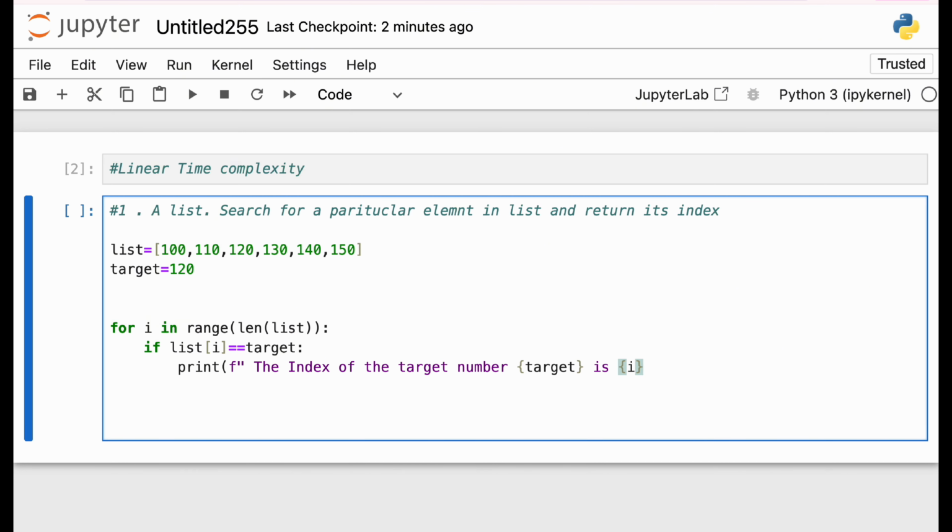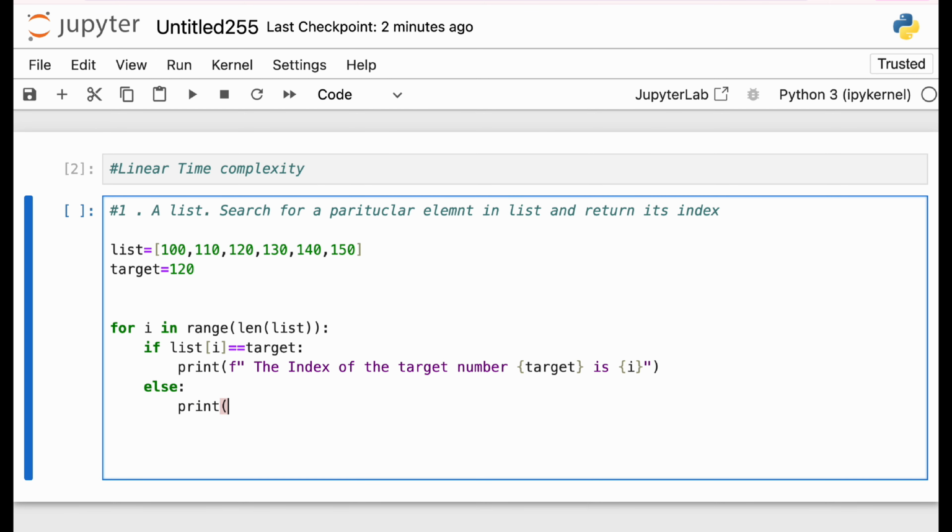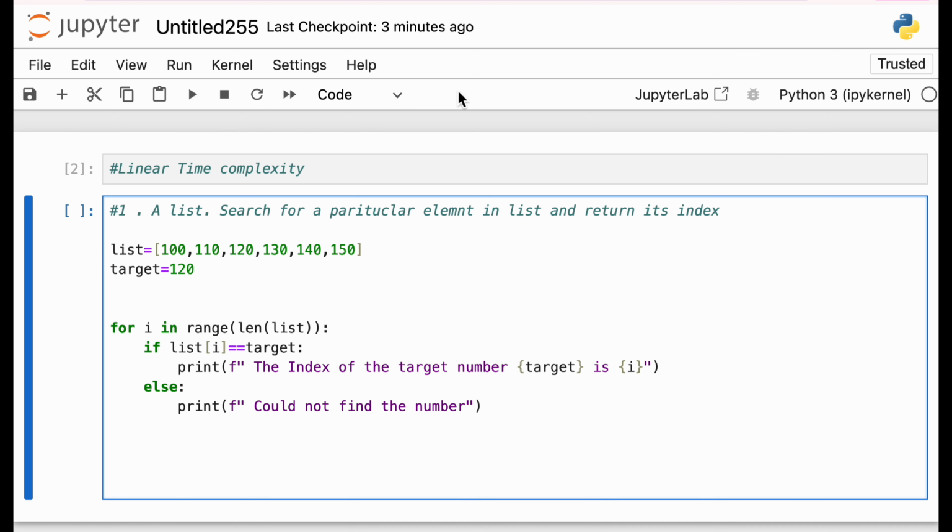So what we are doing here, we are checking if we find any element, we will return the index of the target number, and if we don't find it, we will simply print could not find the number. So this is it. And now once we run it,